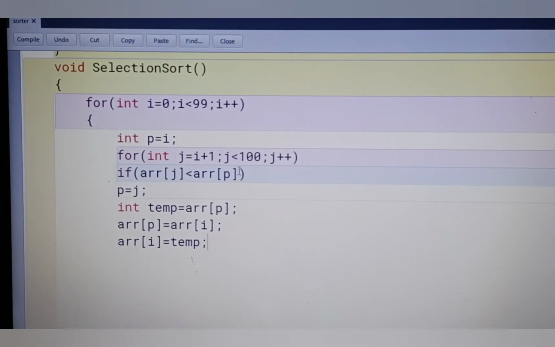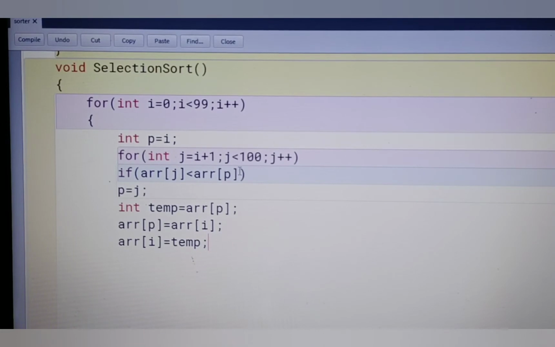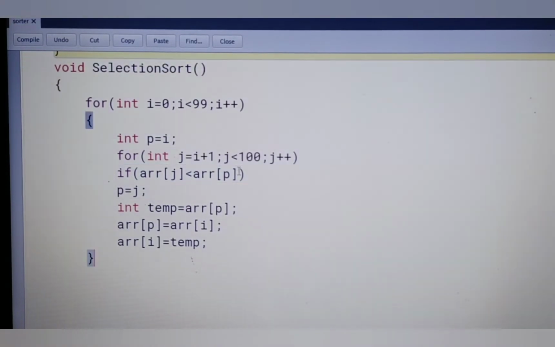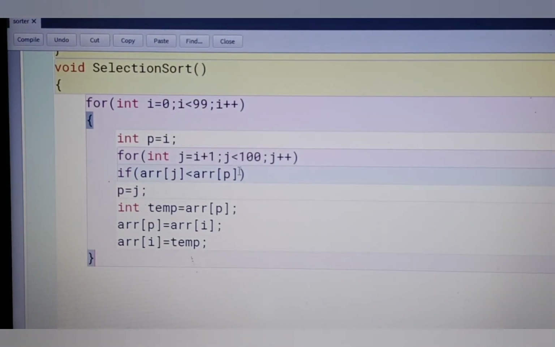Okay, then we swap, interchange the values. After this, close the outer loop.